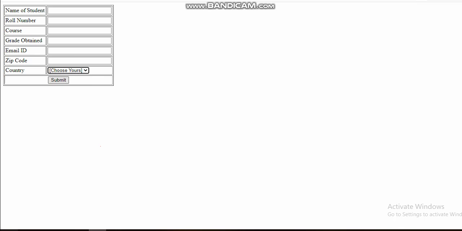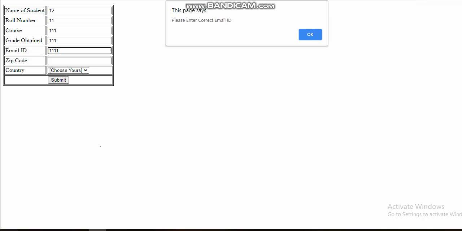When I click on the submit button without filling in the details, you can see "please provide your name". It gives me a pop-up saying that you cannot leave the form empty. This is exactly what we have to do in this code: we cannot leave the text boxes empty. When I fill it in, obviously the data is submitted. Let me try it with some dummy data.